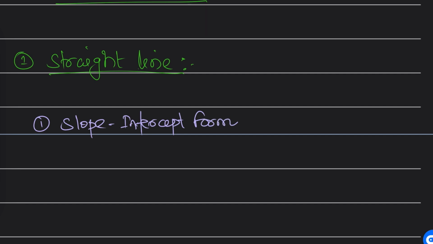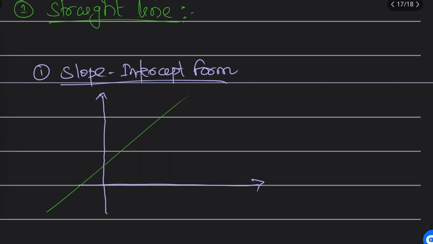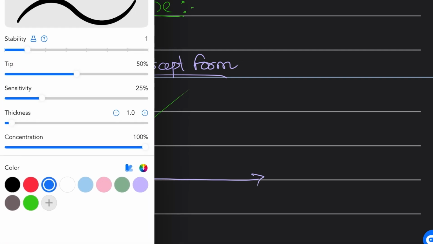Name is not important, but what is important to understand is what this curve is, what is the equation of this curve, and how it appears and how it looks like. Sir, let me discuss this part. If you have a curve like this, a straight line, then if I'm talking about a straight line here, the equation of this straight line can be represented like this.